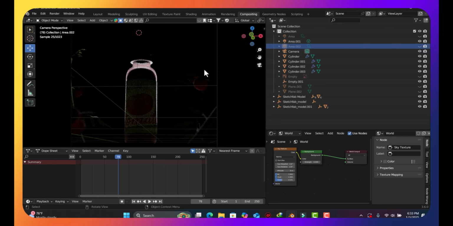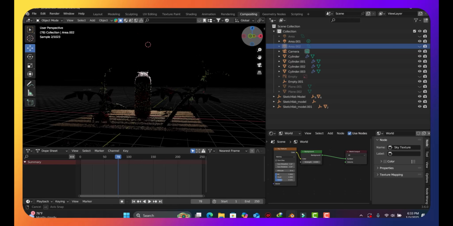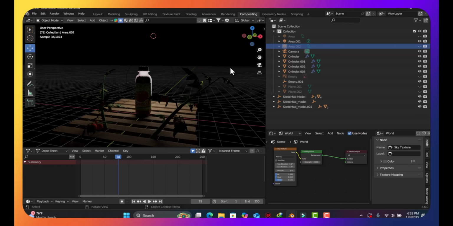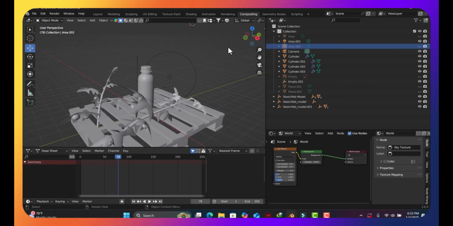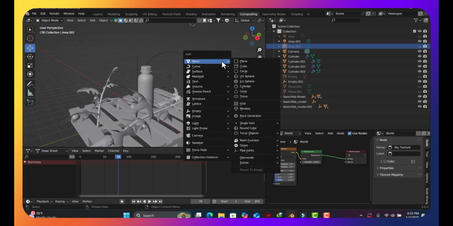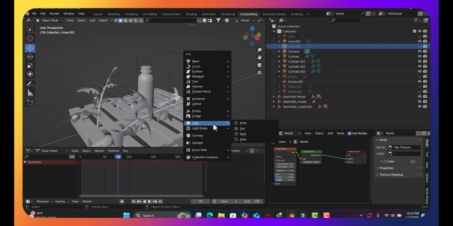The first thing you must do is add in a light. So how can you add in a light? You just come here and press Shift A and add in a light. And for me, a lot of the time I begin with the point light, which comes in the back,